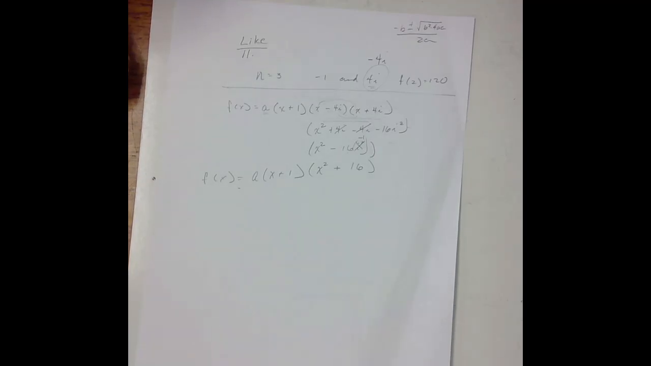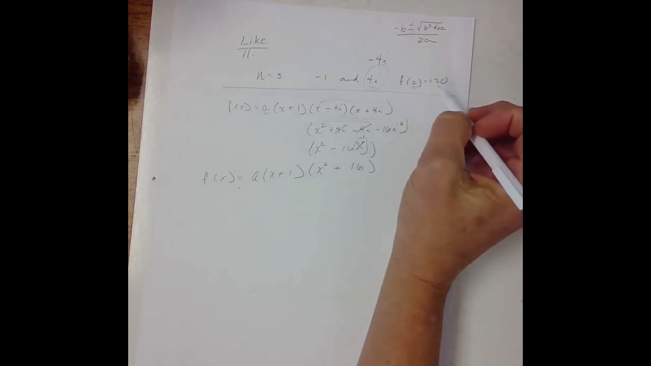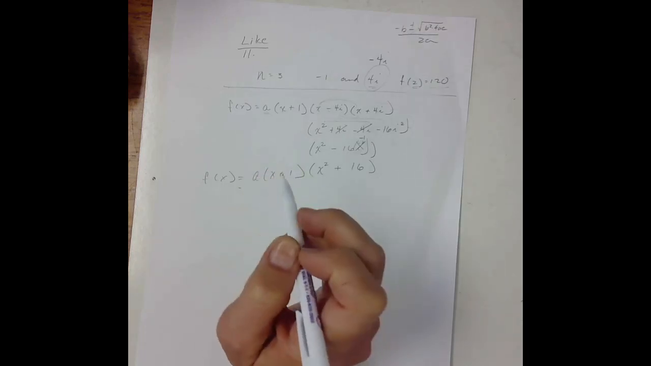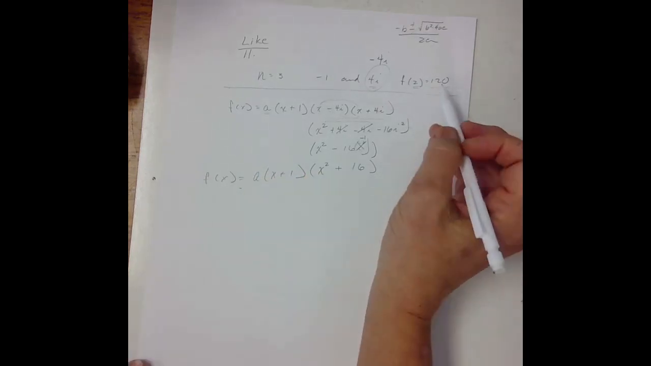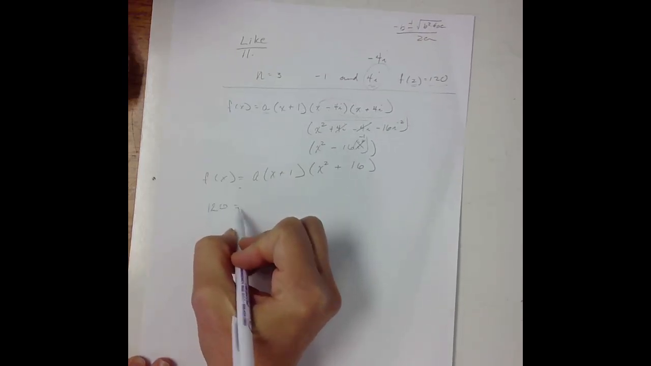At this point, I can distribute the x plus 1 and find it out, but I'm going to choose to leave it as factored form, because now I'm going to apply my f of 2 is equal to 120 so that I can find the value of a. I would still take it in the other form because it just means that you multiplied it out. So when I replace f of x with 120, it's going to be 120 is going to equal